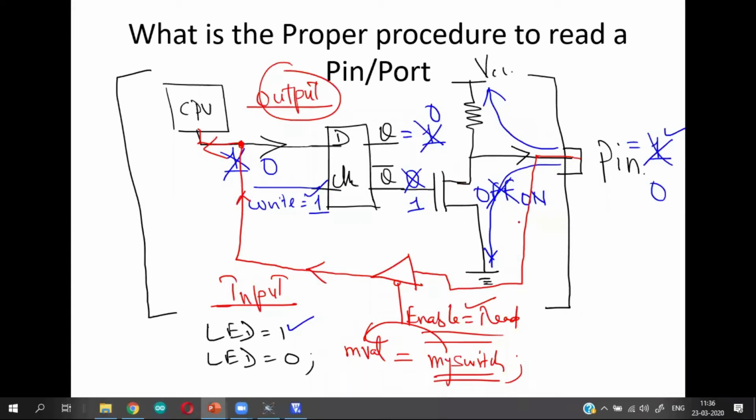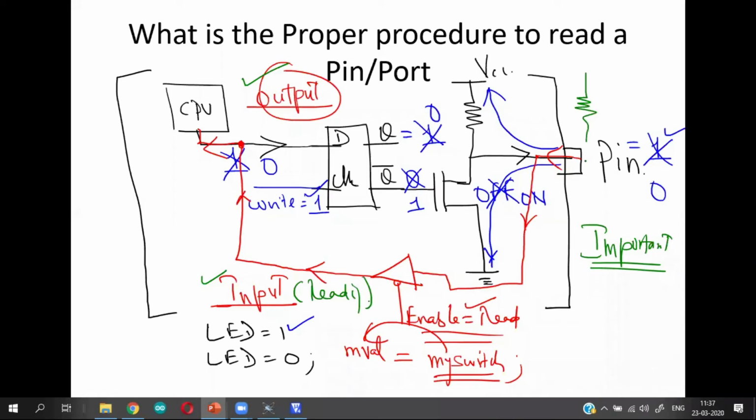Okay, so this is how the data flows for the read operation, or the input operation. There is one important concept that all of you should understand here. This is not with regard to output. This is with respect to input, which means whenever you are reading a value from a microcontroller's port pin, the value that you are reading should be dictated by the external peripheral device that you connect.